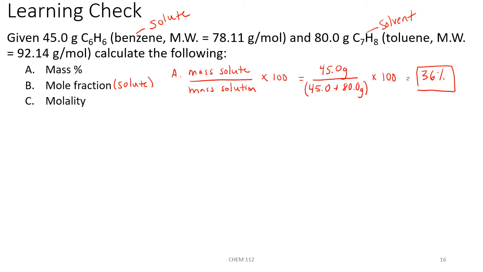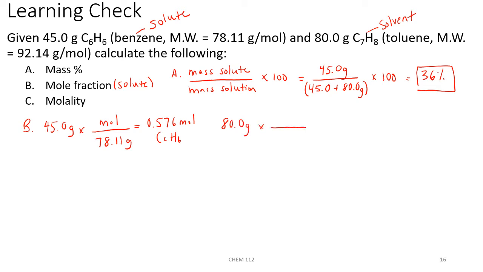For B, we're going to calculate the mole fraction of the benzene. In order to do that, we're going to first have to do some unit conversions. We're going to have to convert both of our grams into moles. 45 grams of benzene. We can use the molar mass. We know it's 78.11 grams per mole. That gives us 0.576 moles for our C6H6 or our benzene. And starting with our 80 grams of toluene, we can use the molar mass or the molecular weight, same thing. We know it's 92.14 grams per 1 mole, and that gives us 0.868 moles of our toluene